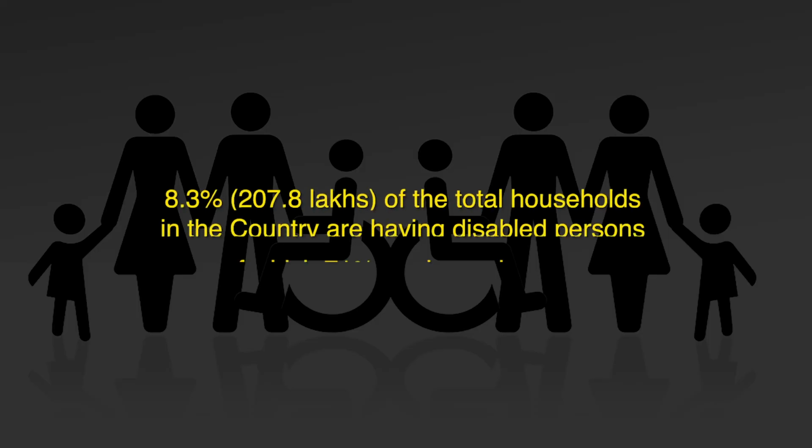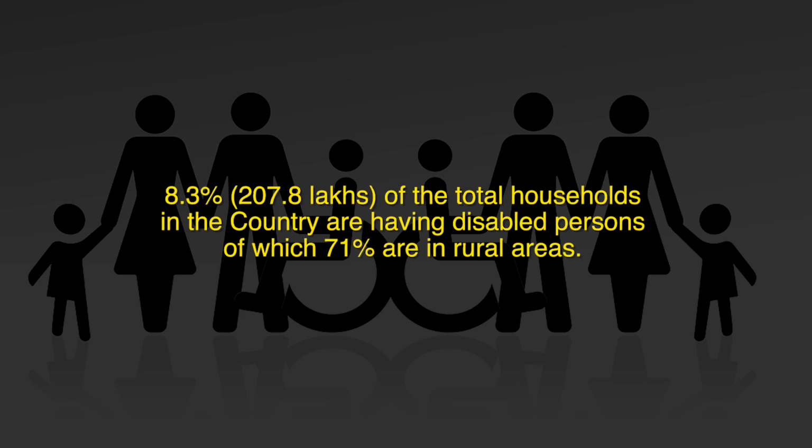Now, coming to the household data, the census 2011 shows that 8.3%, that is 207.8 lakhs, of total households in the country have disabled persons, of which 71% are in the rural areas. Among the disabled persons who are workers, 31% are